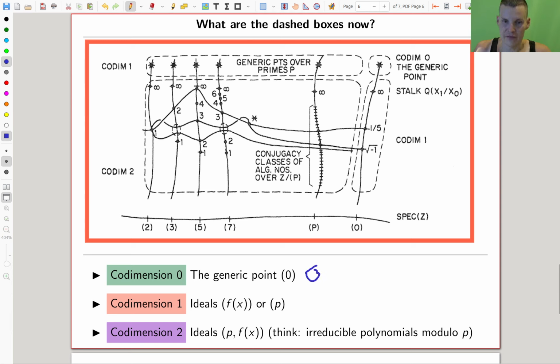If you want, you can think of this as being Q. And then here you have Q_P, the generic point of the corresponding primes, which is really just the thing P, which is missing, right? So 1, 2, 3 if you want. 1, 2, 3, 4, 5 if you want. And then mod 5 and so on. 1, 2, 3, 4, whatever. So these are the ones that are missing. So this is this block, the generic points over the primes. So maybe let me just put that in the correct color. So here the generic points over the primes. Here the generic point. And here we have